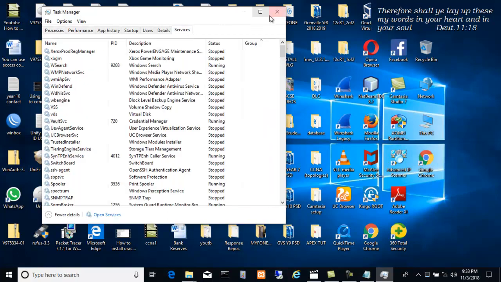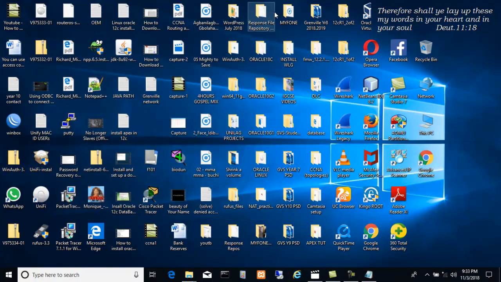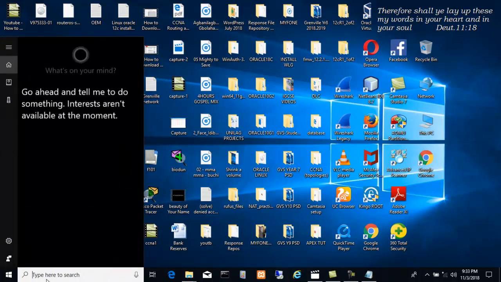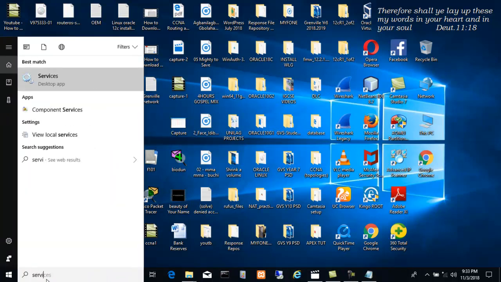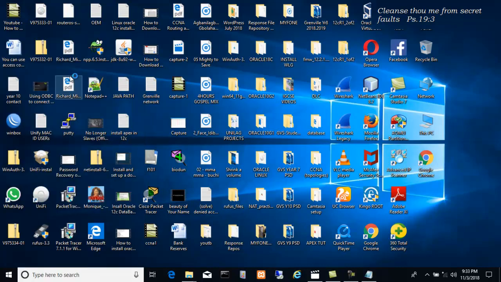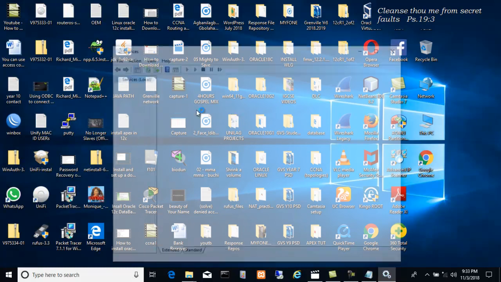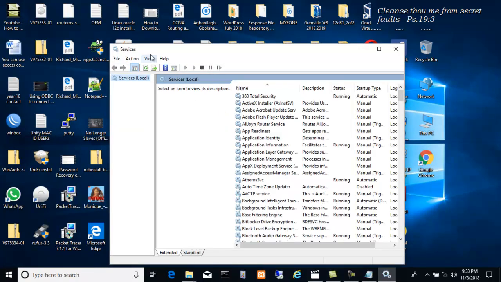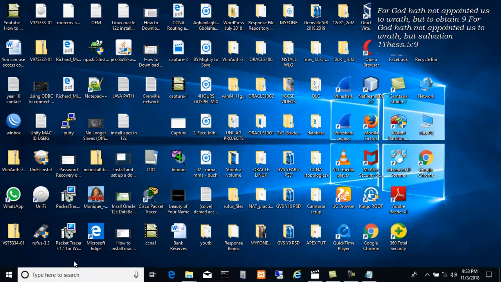Better still, I can bring up a more detailed view of services. You can do the same thing here: type services. You can see it is a desktop app. You click on it and it opens the services window. If I don't want to do that by typing services here, I can do